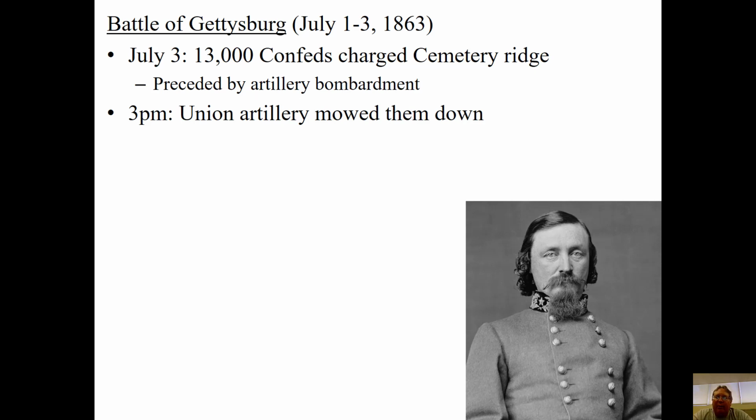About 400 of them actually clear this area. They make it across this open ground, run up to the Union lines, attack the Union soldiers in hand-to-hand combat, and actually drive a wedge in the Union lines. They have a chance to actually win even when things are going really badly for them.